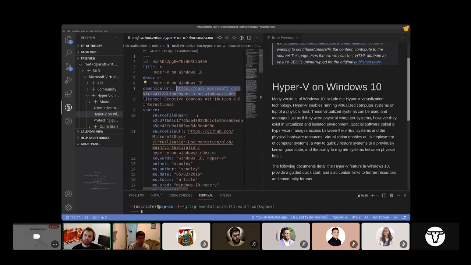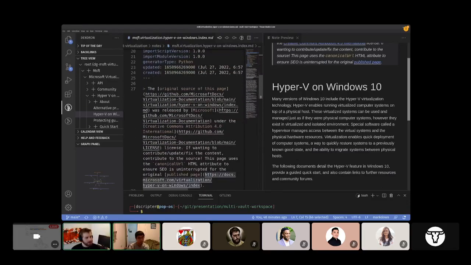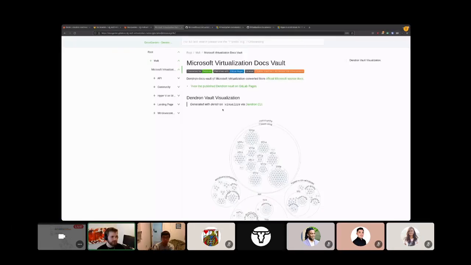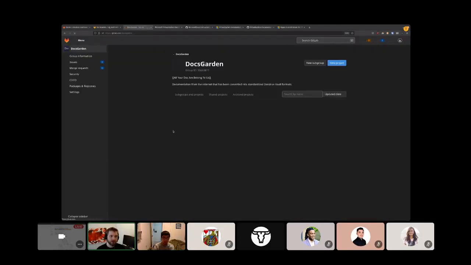Something that's cool about the current Markdown imports is you could choose that if it's an index file, it should actually be that parent hierarchy's content instead of a subfile's content. That's one of the things I want to make use of. But this is just a tour of a proof of concept, because I really want to have Docs Garden